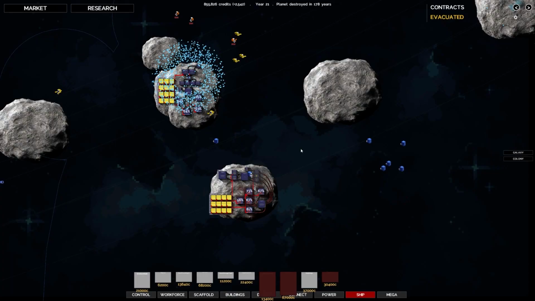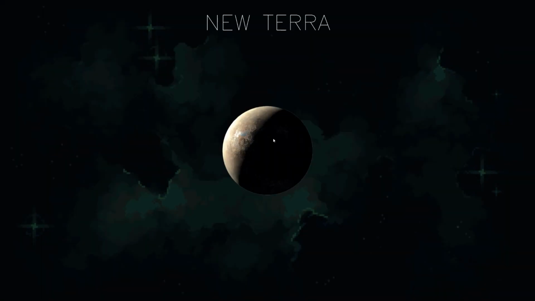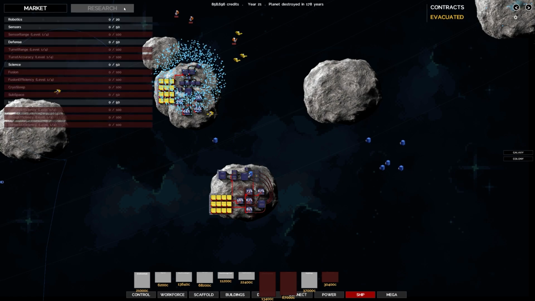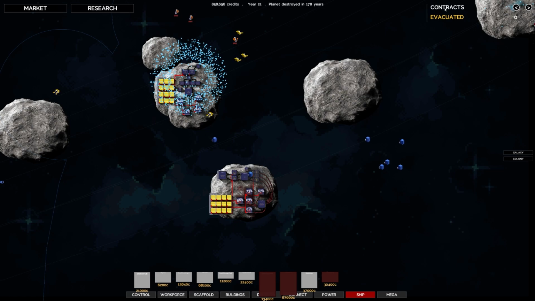And you can see all of the connections there, and they would have to warp away. And check on the colony there, that's New Terra, that's where we have to get to, and you would have to bring resources over to that, like water and food and things like that. There's also research here, which I'm guessing I need to unlock to get, say, that building. You've also got contracts there and the number of things that have been evacuated. So yeah, evacuated none. But that's not much I can really...